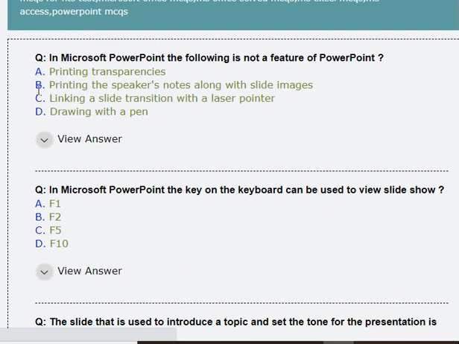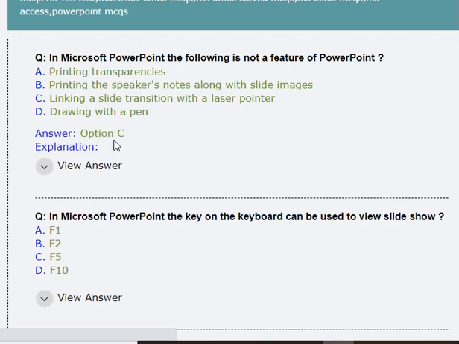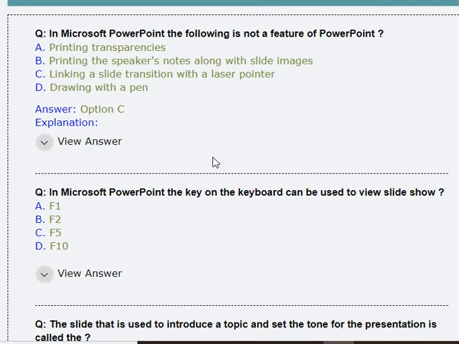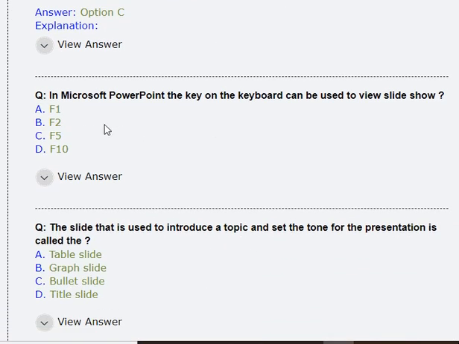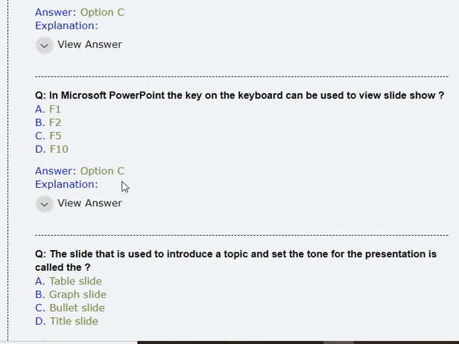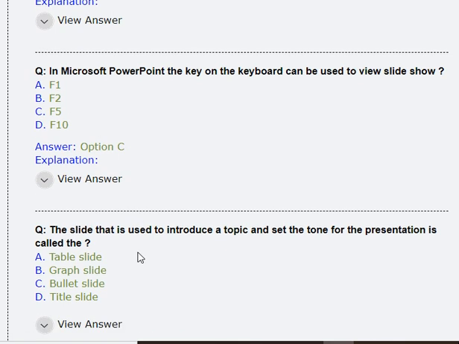Next, in Microsoft PowerPoint, the following is not a feature of PowerPoint. Answer is C, linking a slide transition with the laser pointer. In Microsoft PowerPoint, the key on the keyboard that can be used to view slideshow: correct answer is C, F5.